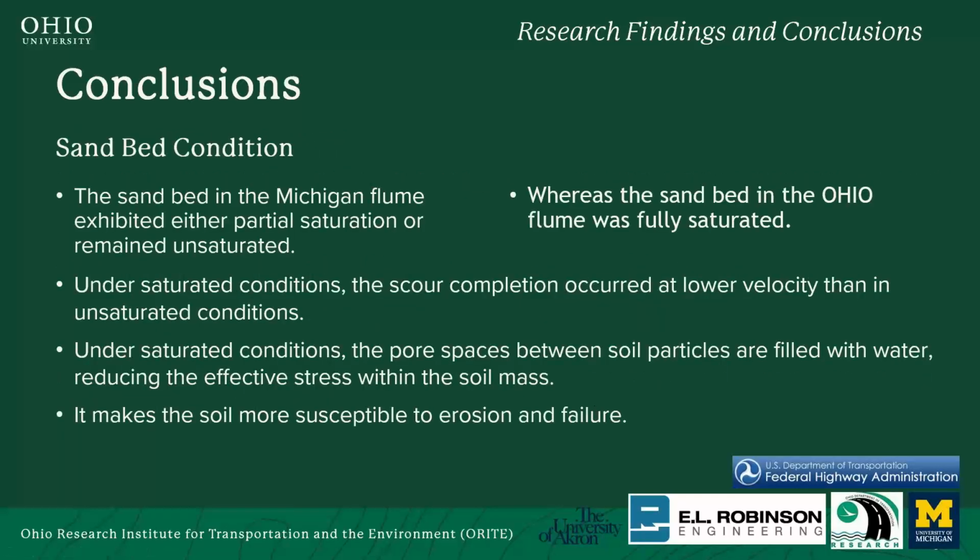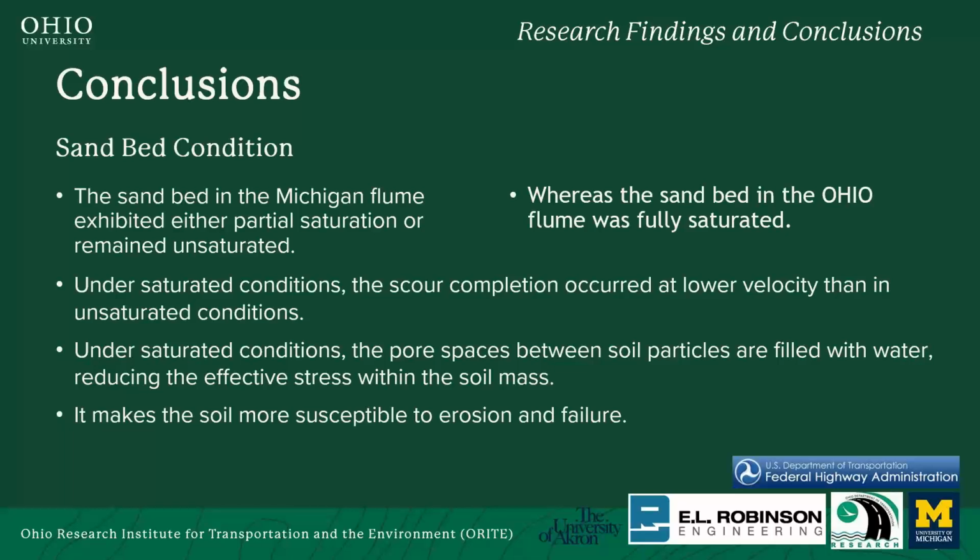So one of the things that we found out is that because the Michigan flume is recycling the water, right? And we just let the water go, and we didn't care about where the water goes. So our water is not recycled, and because of that, the sand bed in our flume